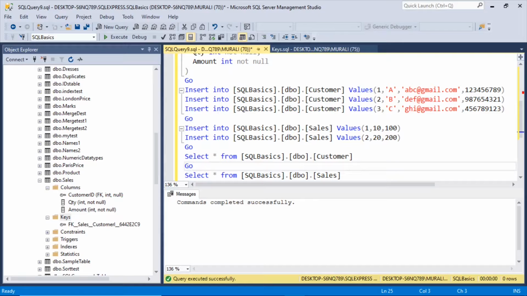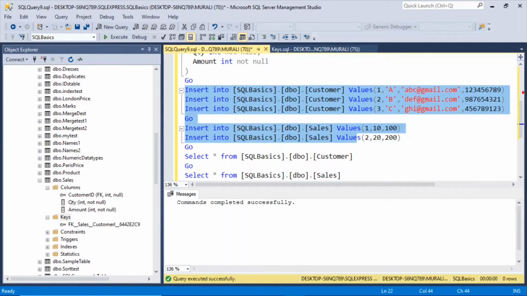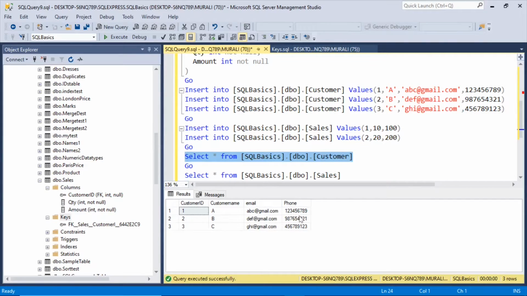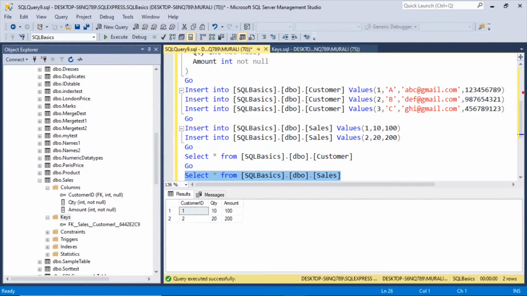Now let us insert these values. Execute. Values have been inserted. Now select star from customer. So these records are there, 3 records, and select star from sales, and these 2 records are there.